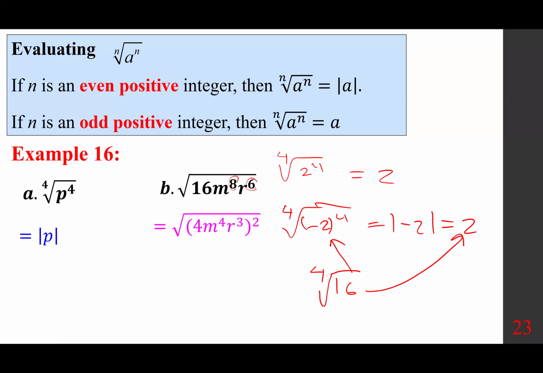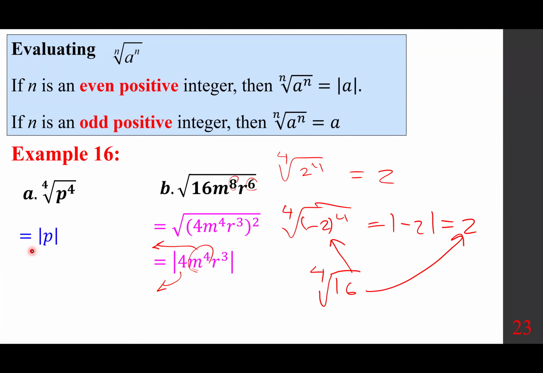But m and r are variables. If the answer was 4, you would just bring the 4 out. But you can't do that. Now, if you left it as that, it's fine. However, 4 can come out. m to the power of 4 can come out. Both of them can come out of the